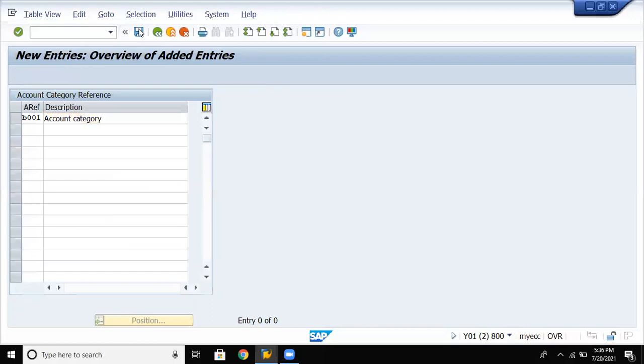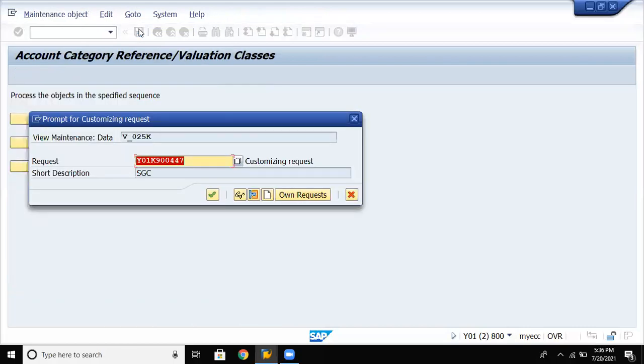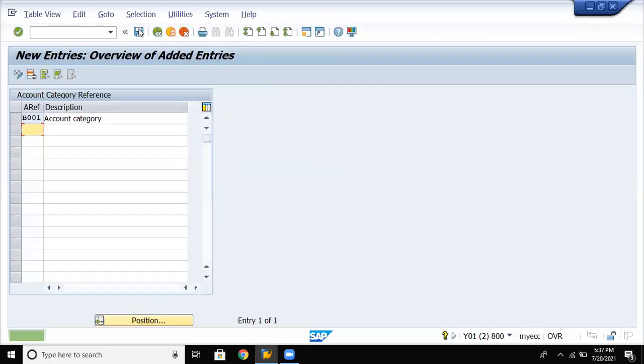Save the data. Enter again. Now go back.